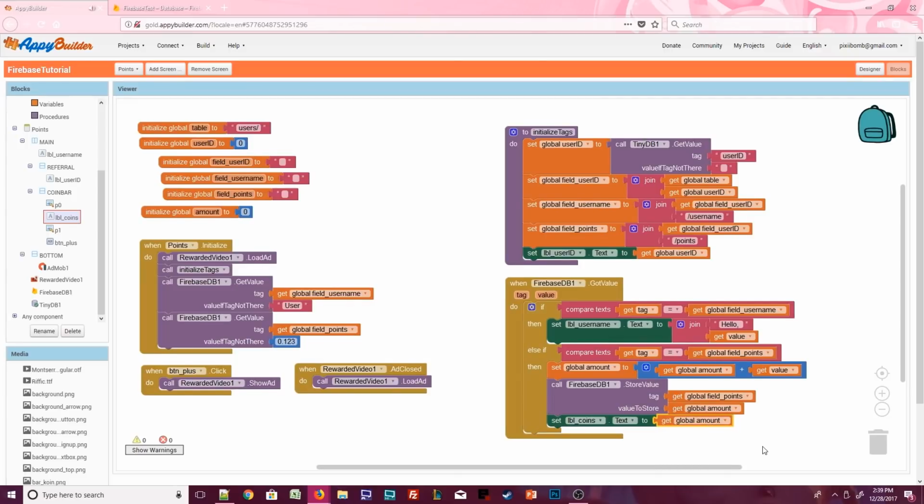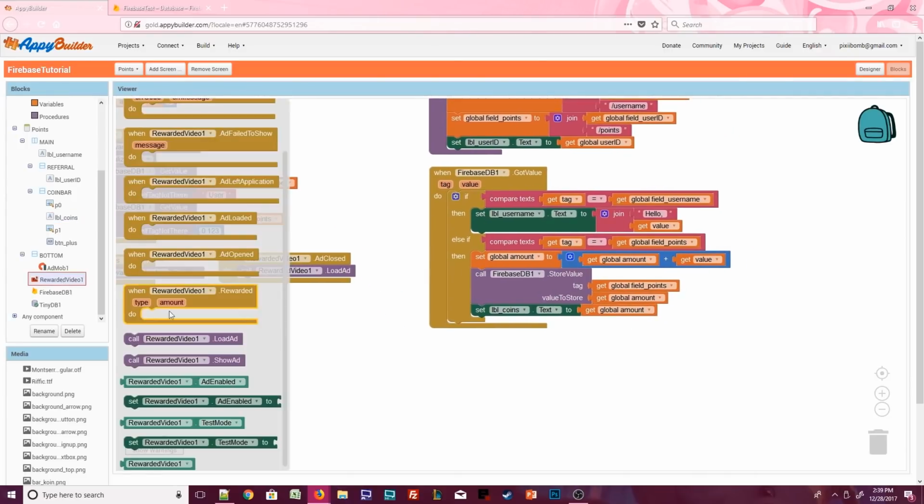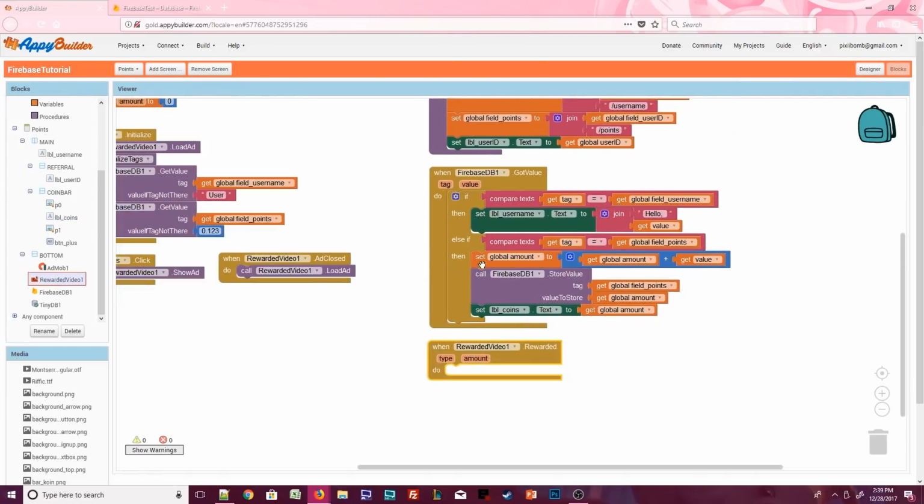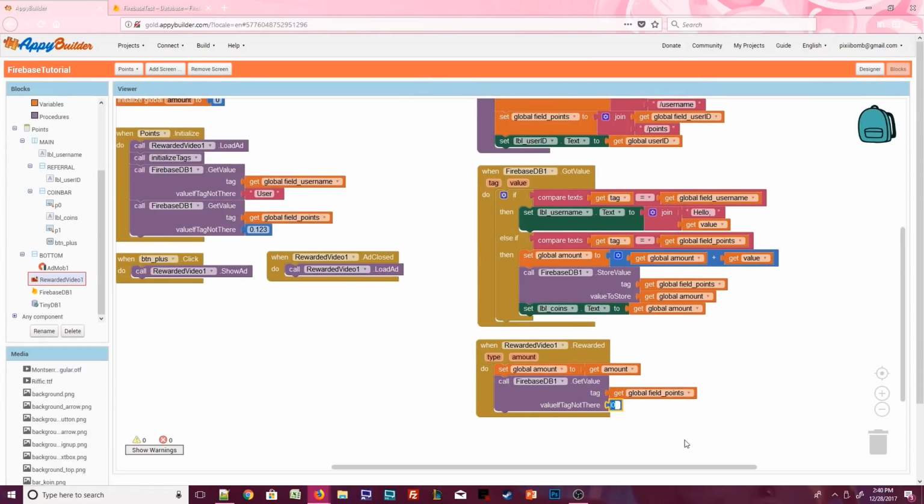To get the amount, we need to use the RewardedVideo.rewarded event. This one is super easy. Just set global amount to amount. Then get the point field from Firebase. If that field does not exist in Firebase, give the value an arbitrary number. I'm going to change the value to 0.125 just so I know that error is coming from here versus coming